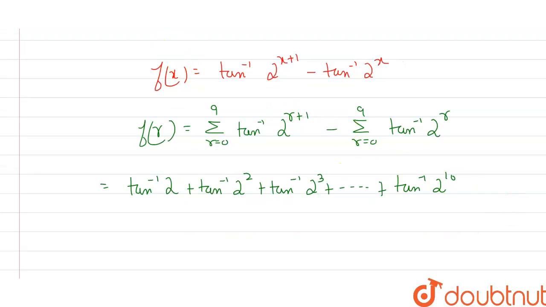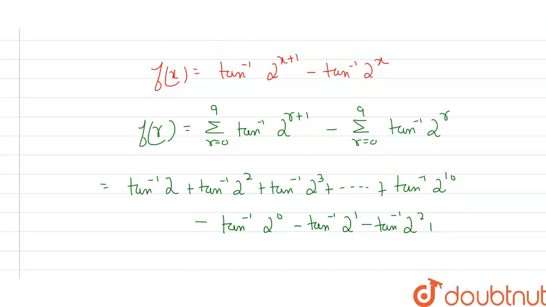If there is a minus here and I remove the bracket, every term will become a negative term. So this can be done as, for the first term, r equals 0: tan inverse 2 to the power 0, minus tan inverse 2 to the power 1 if I put the value of r as 1, minus tan inverse 2 to the power 2, and it will go up to